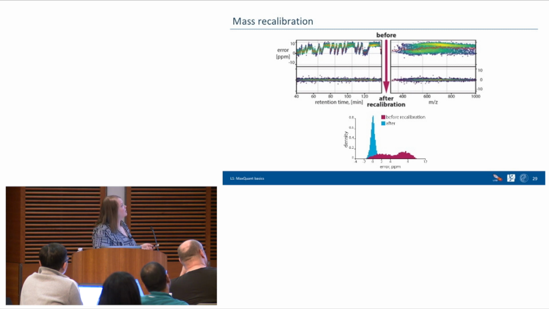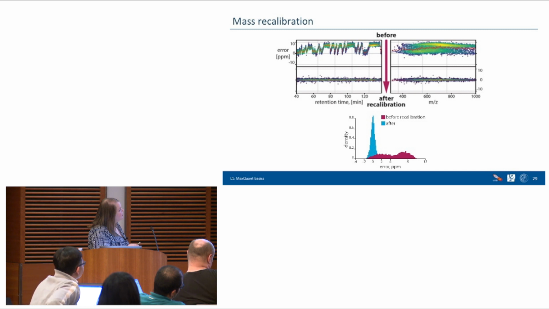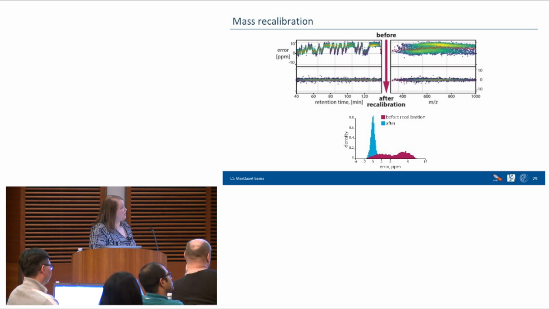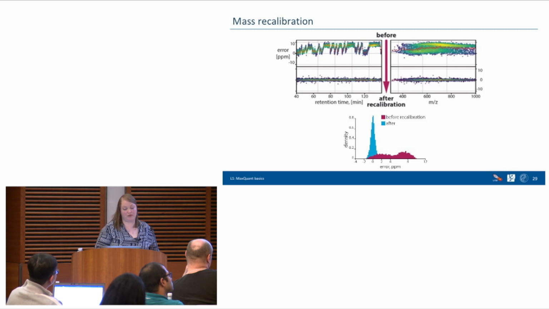What you can see here is the error in ppm. This is the error shown over the retention time, and here the error over the mass. You can see that the error is quite jumping around over a retention time of more than 120 minutes. We would like to correct for this, because these are the systematic errors we want to get rid of. Based on this jumping around, we can see that the error correction function can't be linear. So we have to fit a nonlinear curve through the data points here, and then we can subtract those points from